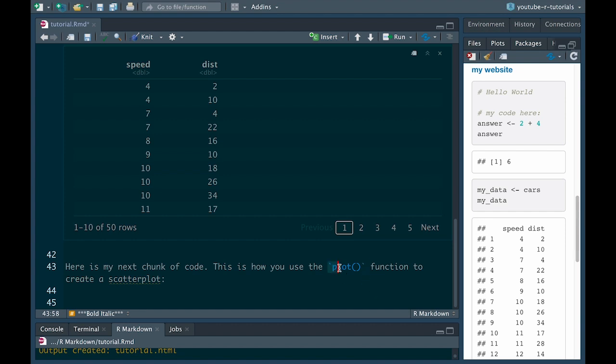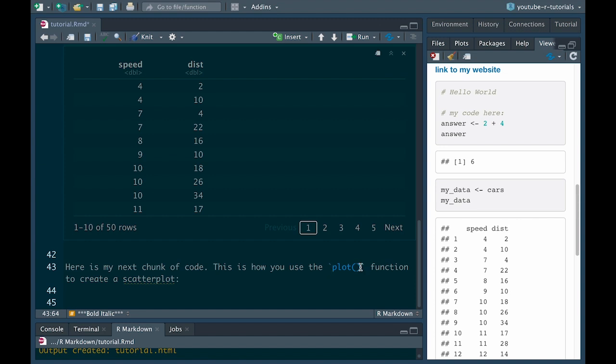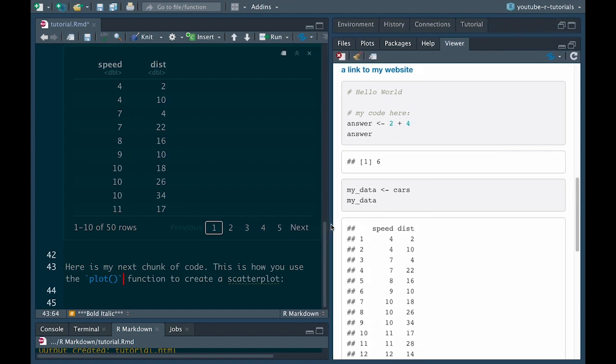And that turns this into a little code snippet. So instead of it plotting with the regular font that gets output in the HTML document, it'll turn it into a fixed width font similar to the R code. So maybe it's better to just show you rather than trying to explain it.